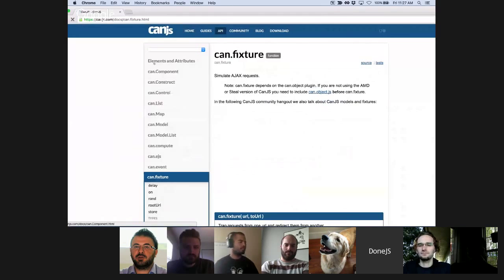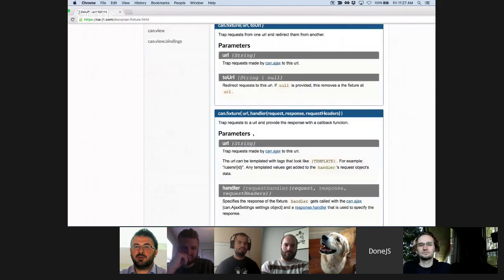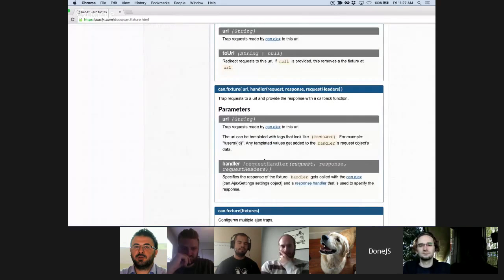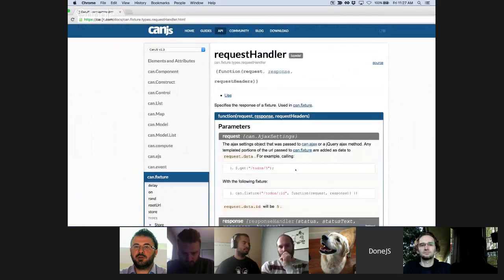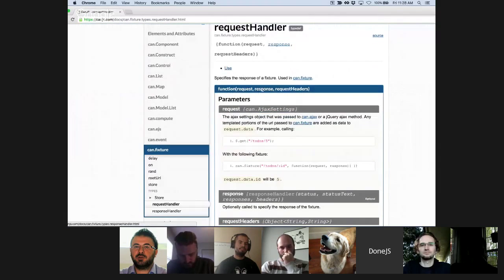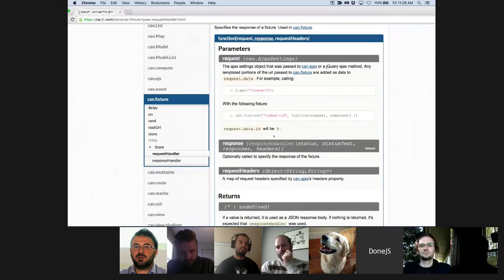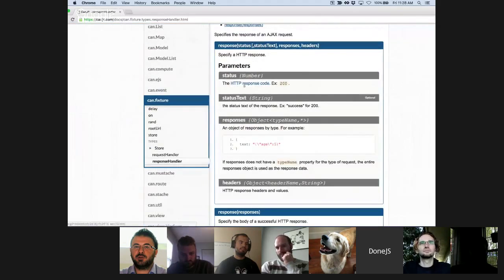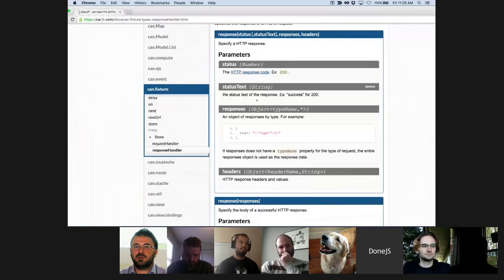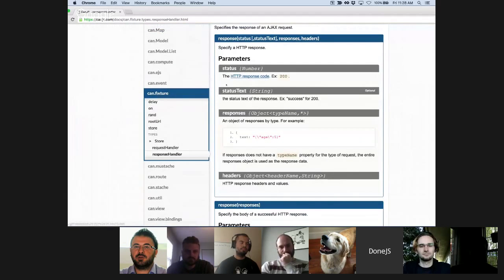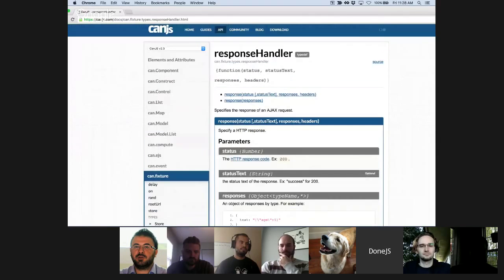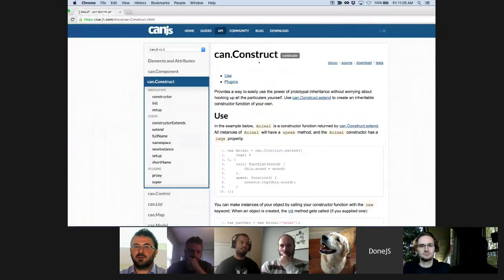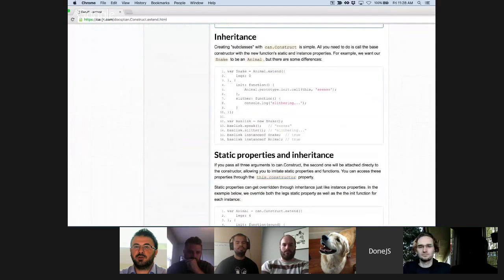at fixture, there's a handler, and all these arguments and their types are specified. So fixture takes this handler function, and then this handler function has different signatures, and there's a response function within that also has different signatures, and all their types are defined, and the argument names, right? So maybe something like can construct, which we do say as a constructor, and we do have all the static properties and the extends signatures, or like, if